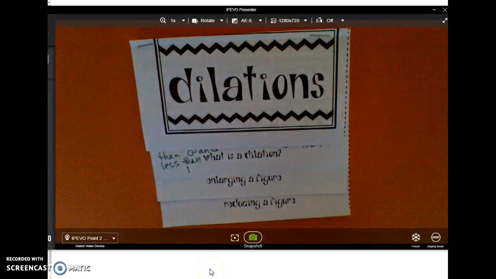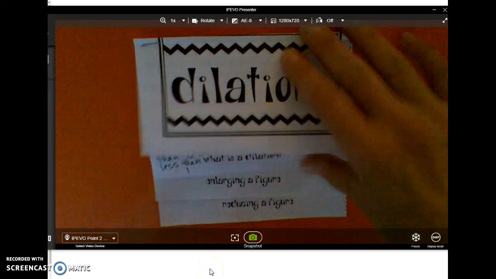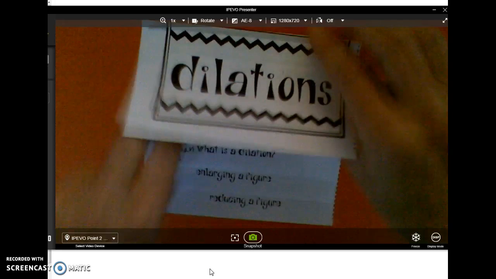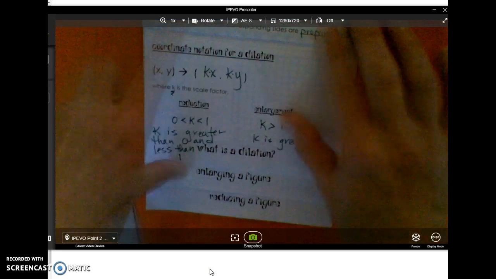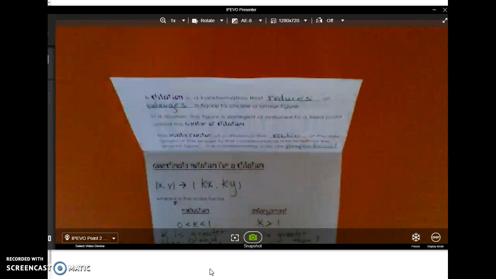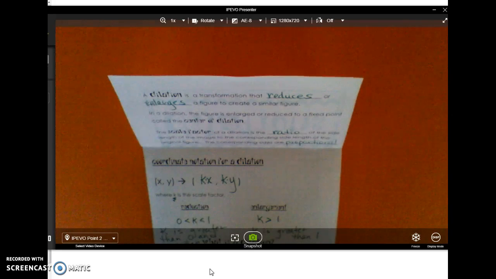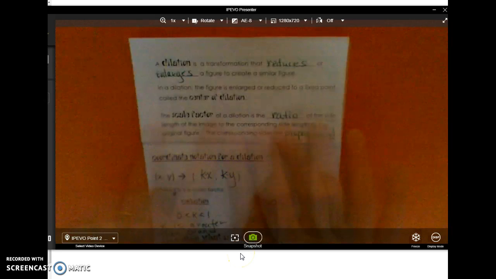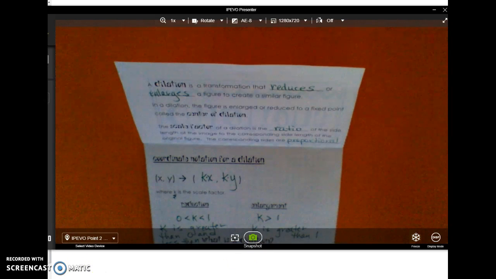All right, so this is what you have in front of you. This is a foldable note sheet that's going to go in your notebook. When you fold it up, you're going to see some information, and it's going to be a little unclear to see because of the webcam. I think once it focuses, you guys will be able to see it better. And if not, what I have for you is